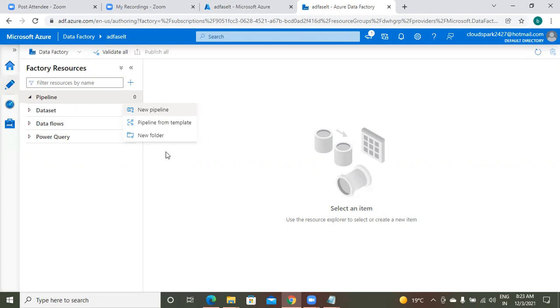To create a pipeline, to read data and to write data, you need datasets. There is an option here to create a new dataset, or a new folder and under the folder I can create datasets. But the prerequisite to create datasets is a linked service.